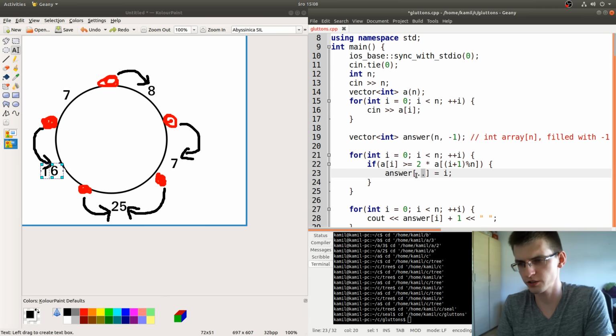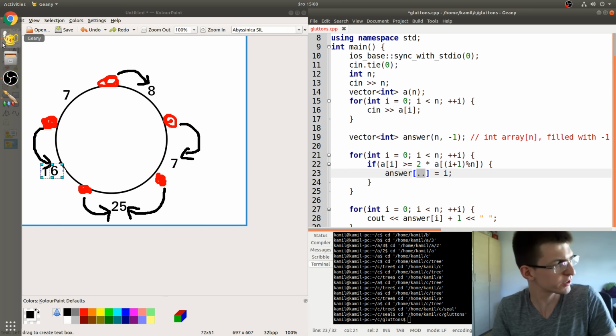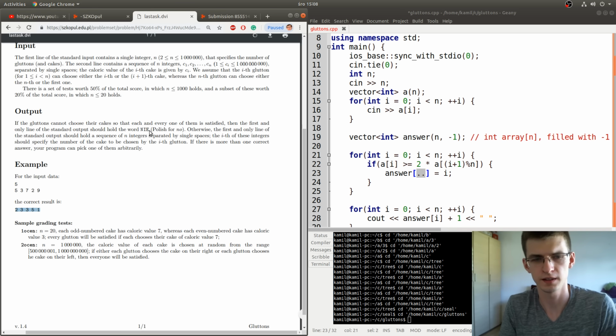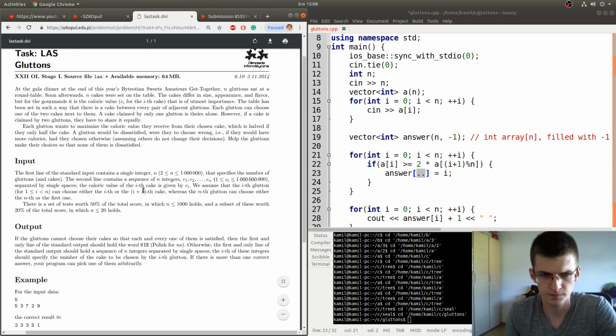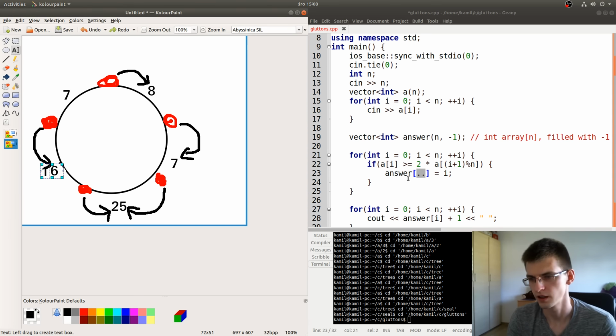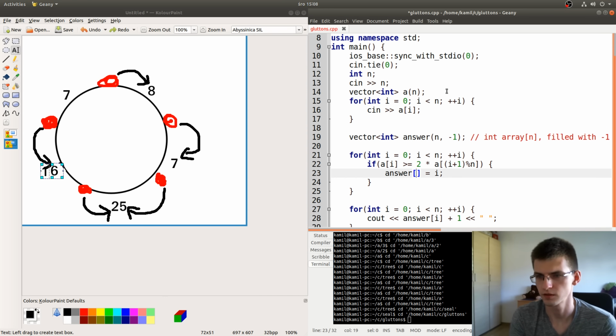I'm not sure what I should put here. It depends on, I think, numbering of cakes. So whether the first cake is after or before the first person. Let's see in the statement. In the input section, we assume that the ith person chooses between ith and i plus 1 cake. So here we choose between cakes i and i plus 1, so here it's about person number i.